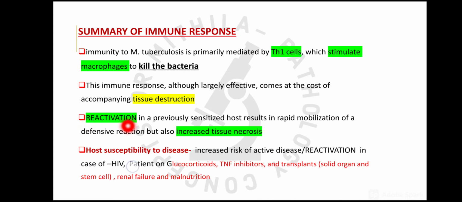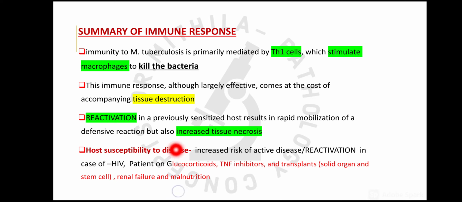Then sometimes the initial lesion where this immune response is occurring becomes dormant, and the viable bacilli remain within this lesion, but it remains latent or dormant for many years. And when the immunity drops, there is reactivation, leading to secondary tuberculosis. When reactivation of this infection occurs, the immune response will be rapid and prompt, and it will be accompanied by increased tissue necrosis. The initial response is delayed, but when there is reactivation in an immunocompetent individual, it will be a prompt response.